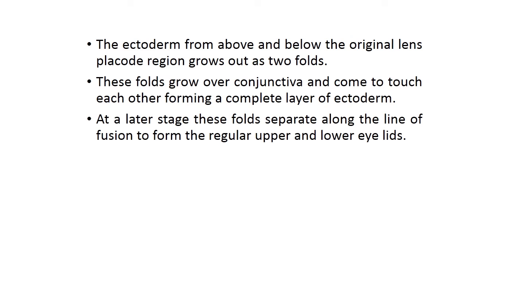The ectoderm from above and below the original lens placode region grows out as two folds. These folds grow over the conjunctiva and come to touch each other, forming a complete layer of ectoderm. At a later stage, these folds separate along the line of fusion to form the regular upper and lower eyelids. So first it is a complete layer of ectoderm around the eye, and then it forms the upper and lower